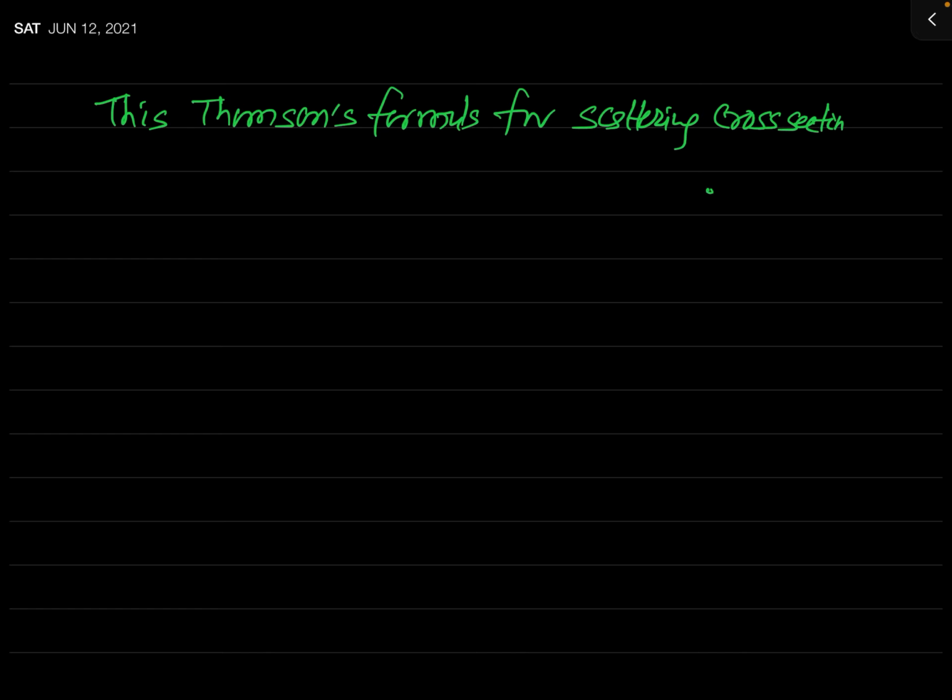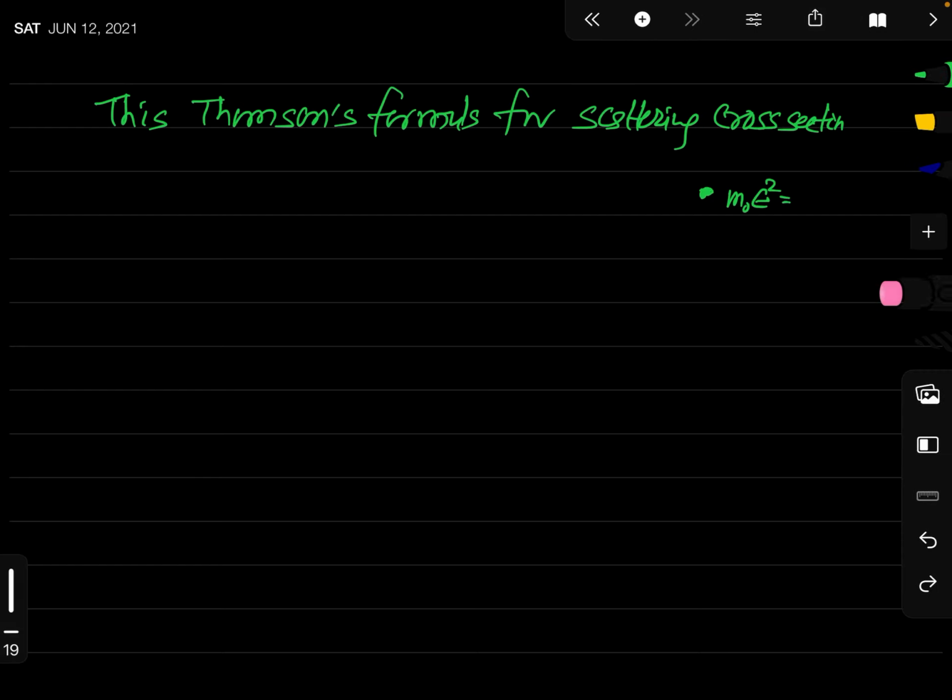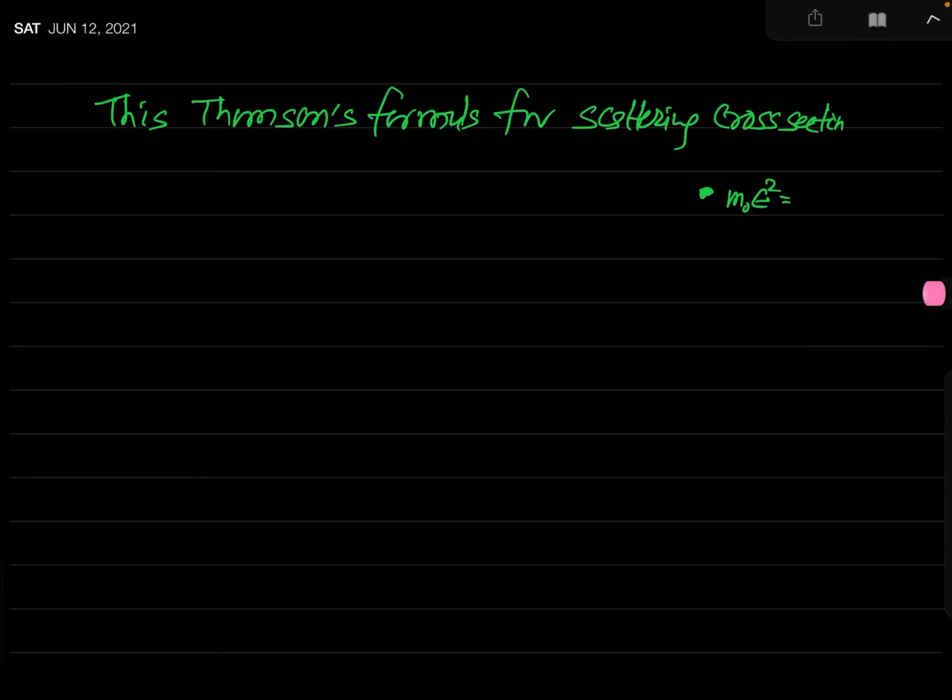Let us say there is an electron. You know, the electron has a smaller rest mass. If you express this rest mass in terms of energy, that is m naught c square,